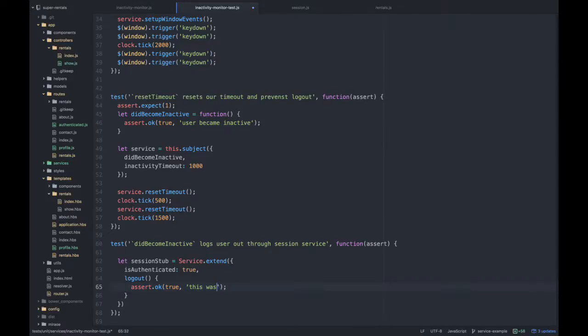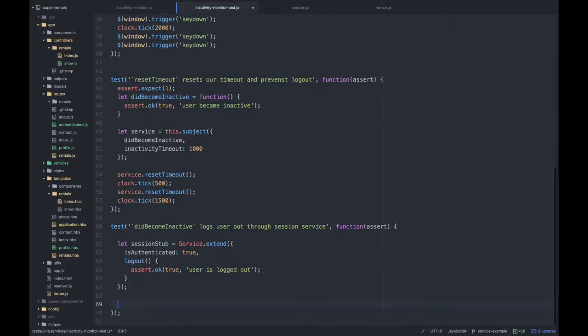Or we can do something more descriptive to that. User is logged out. Cool. So here's this service object. How do I actually access it in my test? We actually have to register this service. So this dot register